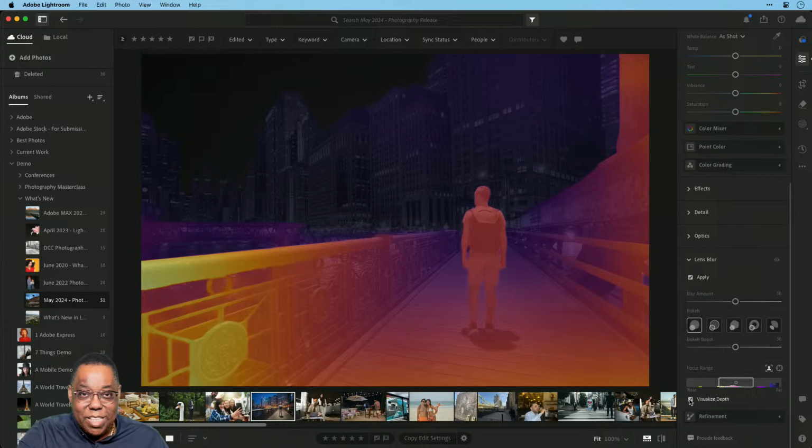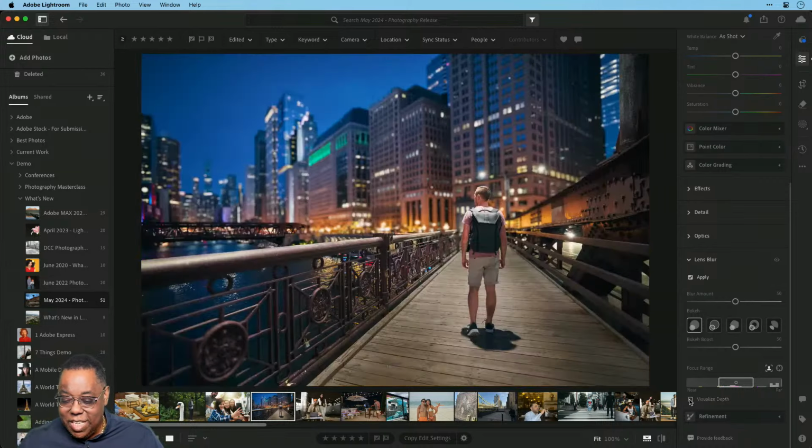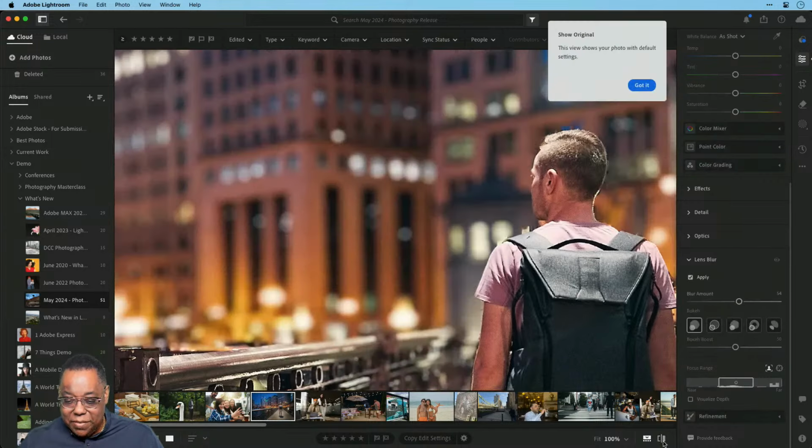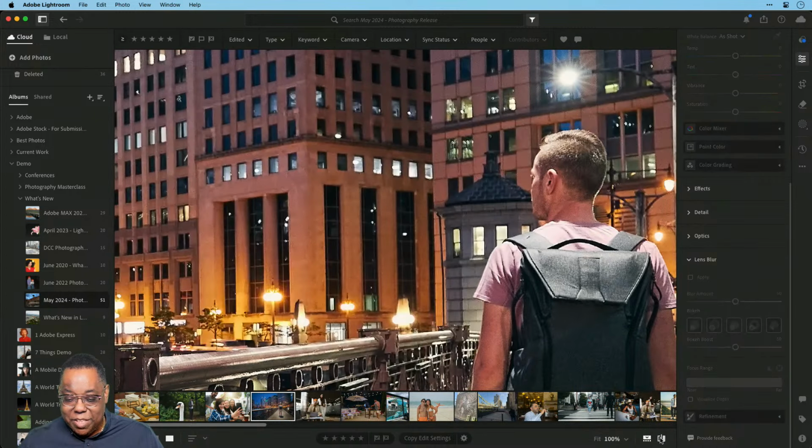Everything further back in the darker purples is out of focus. And you can, of course, change the blur amount. I'm going to zoom in real quick here so we can see it. So this is before. Oh, hold on. That's before, that's after. So just seeing that real quick, that's how much of a difference it made right off